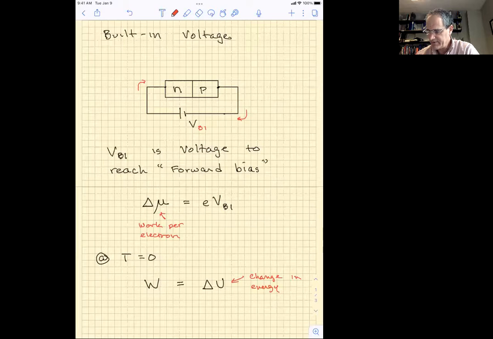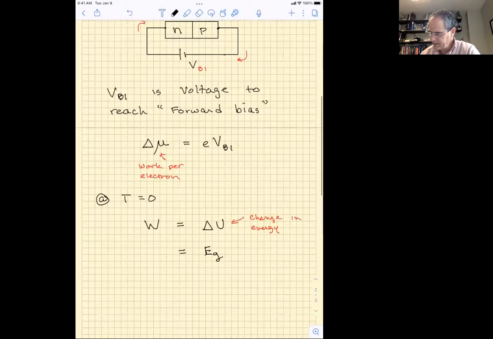Seems straightforward enough. And the change in potential energy then, for each electron, would be equal to the band gap of the semiconductor. Okay? So we would expect that in this case, the work per electron would be equal to the band gap energy